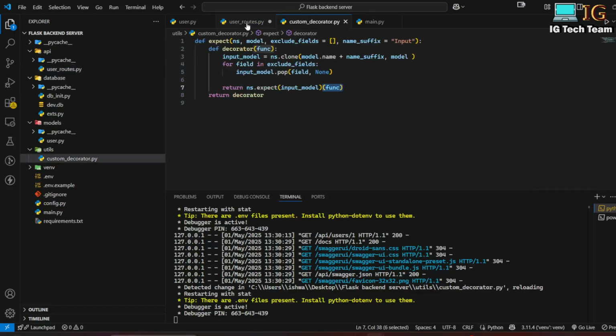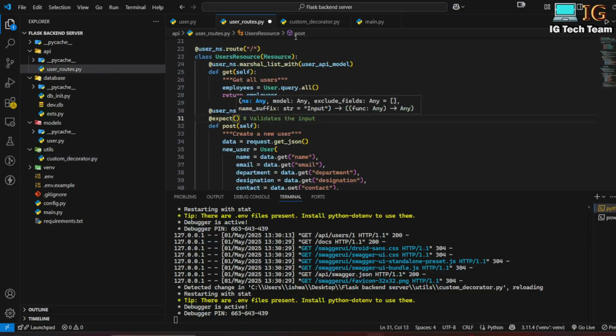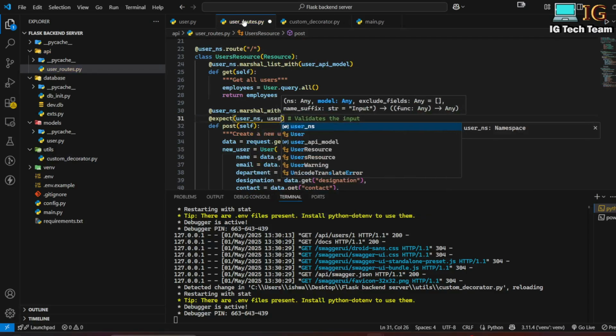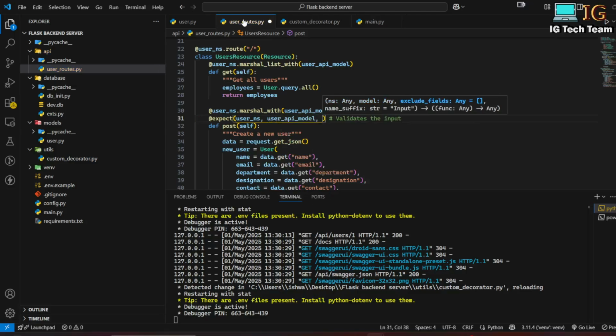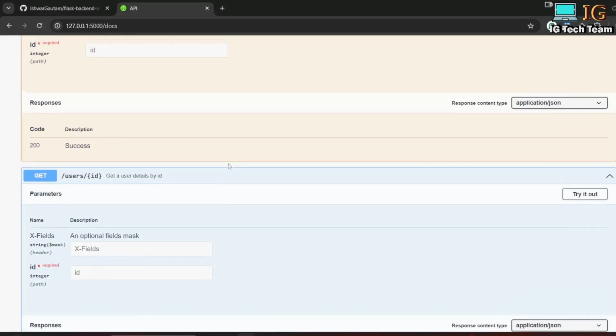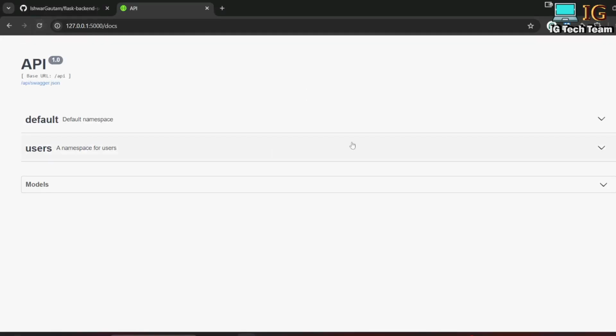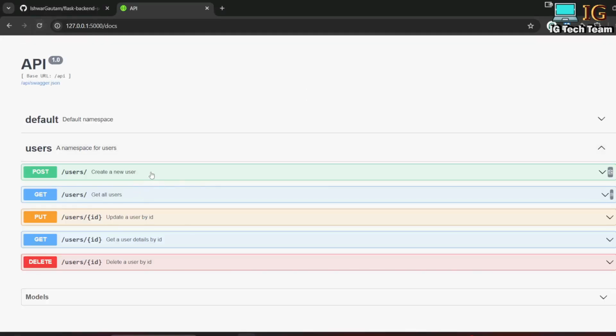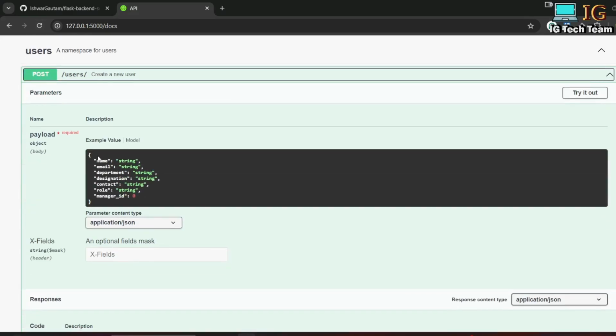I have already created expect here, and now it takes namespace first. So I can write user namespace. Then it takes model. I can pass my user API model, and I want to exclude one field, and that field I have to pass in an array. I have to remove the id field. As simple as this. Now if I press Ctrl S, and go to my API document, and refresh this site, and in this create a new user request, if you see here, now there is no id